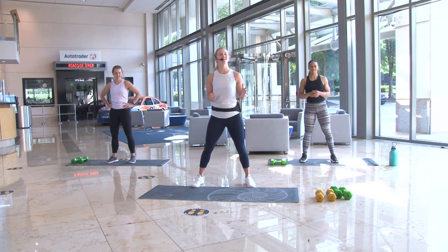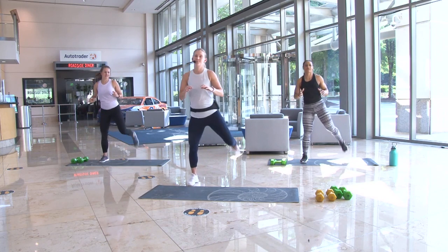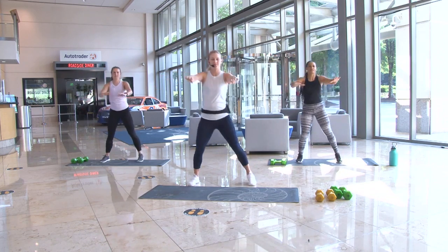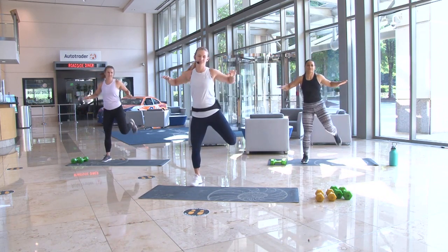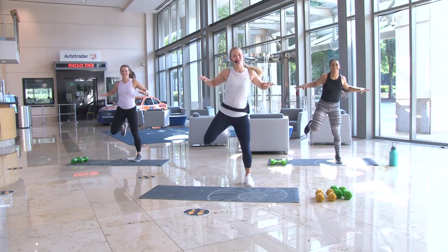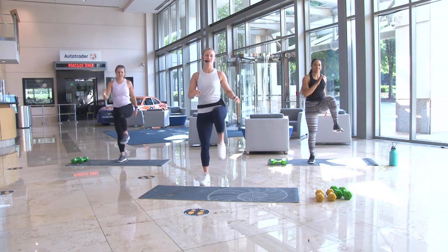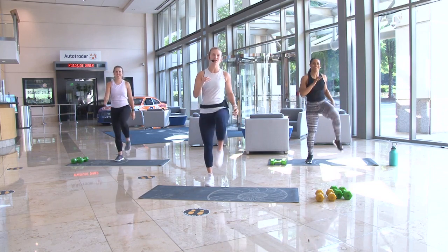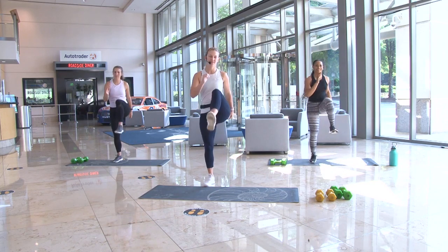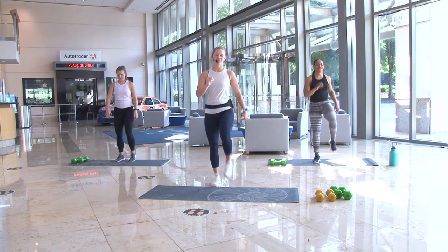So we're going to start off with wide heels to glutes, rocking over, kicking those feet up. Then we're going to move those arms back, warming those up as well. Let your knees pop. Then we're going to bring it in for high marches in 3, 2, and 1. So driving those knees up. Or if you want to, you can do high knees, move quicker. Getting that heart rate up just a little bit. 5 seconds here. 3, 2,